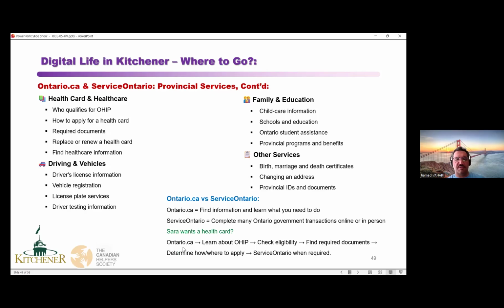So, for example, Sarah wants a health card. What she can do is go to Ontario.ca, learn about the OHIP, check the eligibility, and find the required documents, everything needed for doing the job, and then determine how and where to apply. And then in Service Ontario, she can apply for that based on whatever she already learned. Okay,